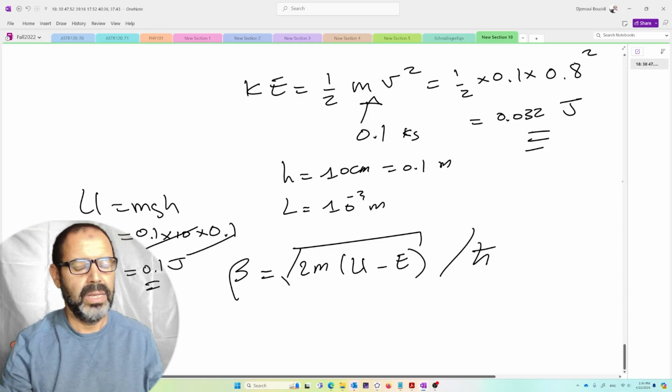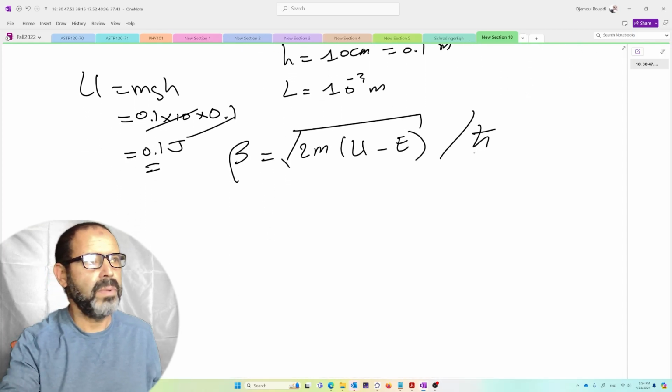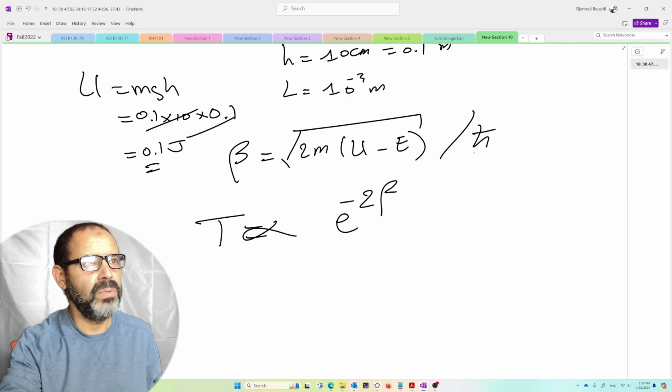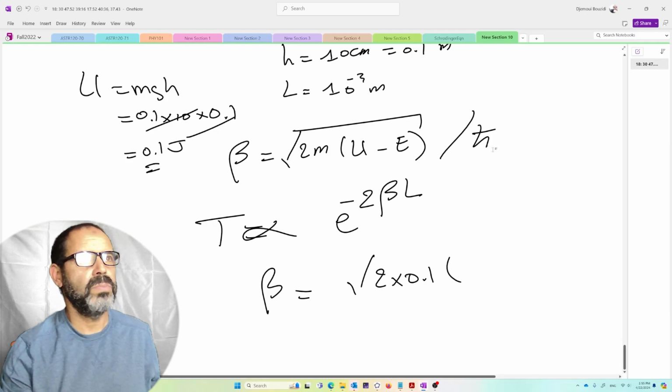least classically. In quantum mechanics, there is a probability for it to do so, and the probability is proportional to, it's proportional, not exactly, there is another factor in here that I'm not writing, of e to the power of negative 2 beta times L. Well, we have beta, so let's compute beta in here. Beta is going to be square root of 2 times the mass times the difference in energies, which is 0.1 minus